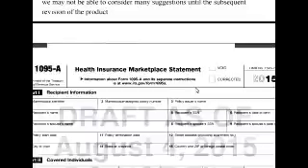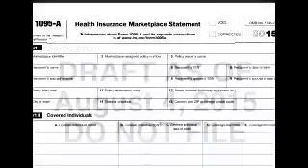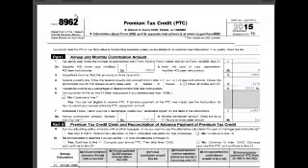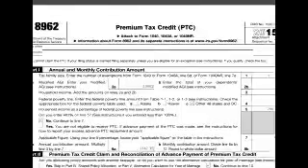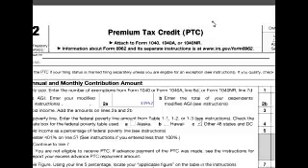If you receive the letter about the health insurance marketplace, you have to submit the health insurance marketplace statement. They call it 1095-A. They should send it to you. This is a blank, just a sample so that you can understand how it looks. You will send a copy of this, and then you will complete this form